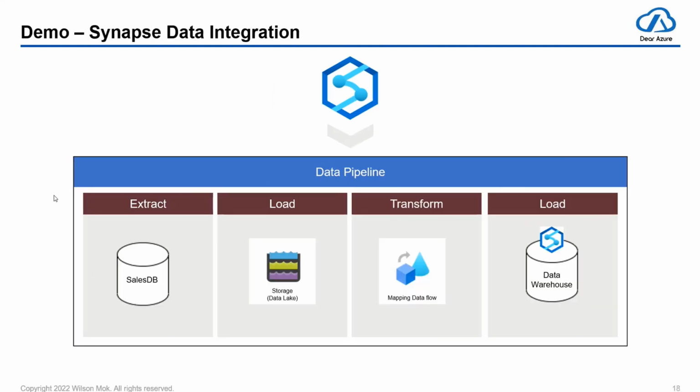Okay. So we'll dive into the Synapse data integration demo here. The 4 steps we'll take are: we will extract the data from our sales database, so this will be an internal system that we're extracting from. We'll be storing the data into our data lake. Then we will transform the data using mapping data flow, and finally load the data into the data warehouse. Okay. So let's jump over to